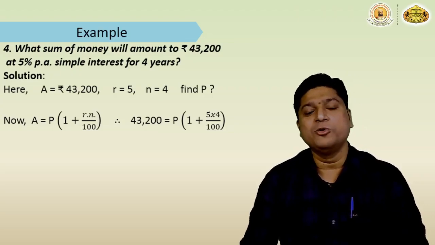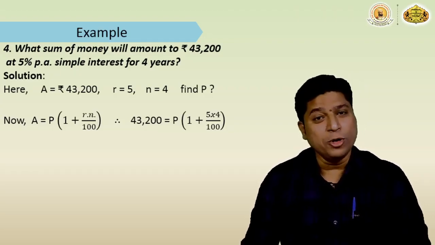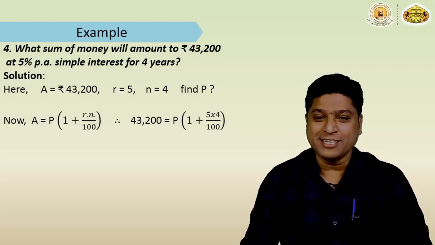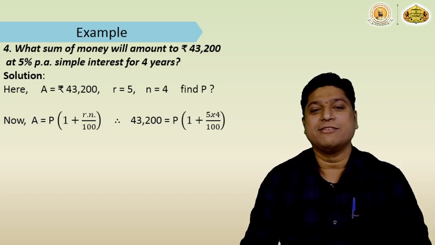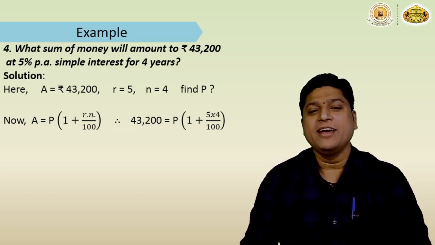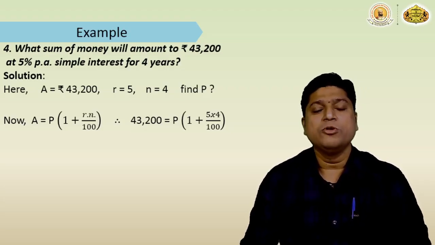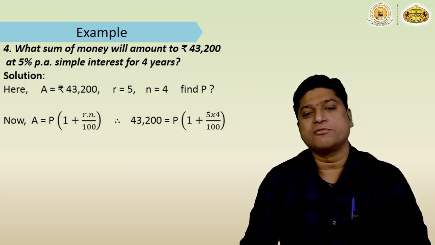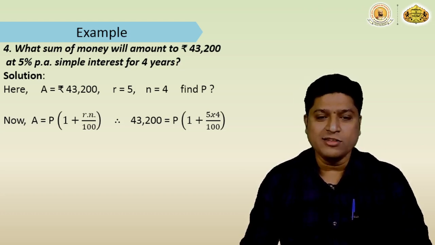Now what will we do? We will put in the values of the various known variables into the equation, and there is one unknown variable in the equation, that is P, and all the other variables you know. So we will put 43,200 in the place of A, P is unknown, 1 plus 5 into 4 divided by 100. If you solve this equation,